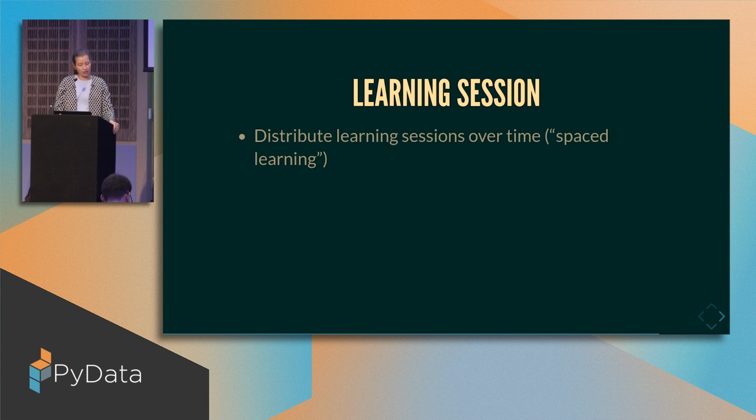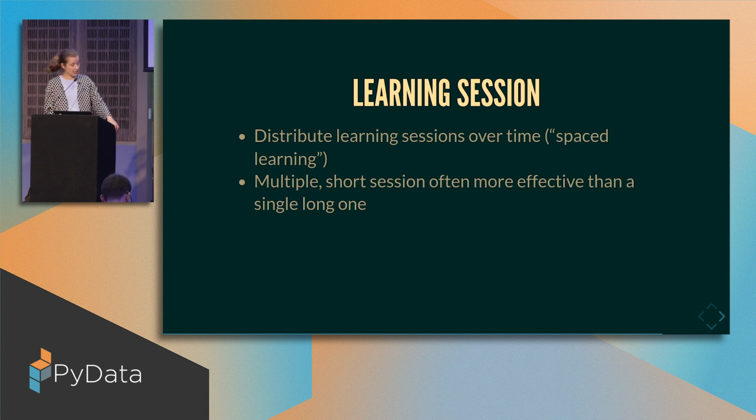Then learning sessions. First of all, use spaced learning, so distribute learning sessions over time. A single long session is usually less effective than multiple shorter ones, because having multiple shorter lessons helps to transfer knowledge to our long-term memory. This also applies to adults, by the way, and it prevents cognitive fatigue. Then regarding active recall testing, sorry, I almost forgot about that. You should ask questions to encourage the active retrieval of learned information. So do not just explain something or let them read something, but ask them to explain themselves how they understand what a loop is. It really helps the brain to deepen the knowledge and